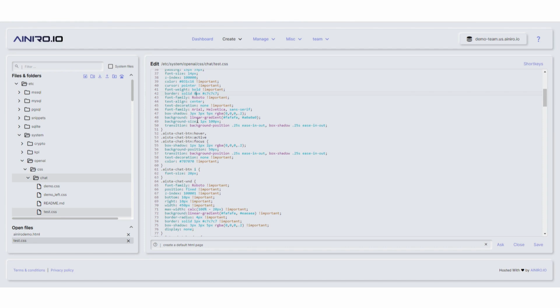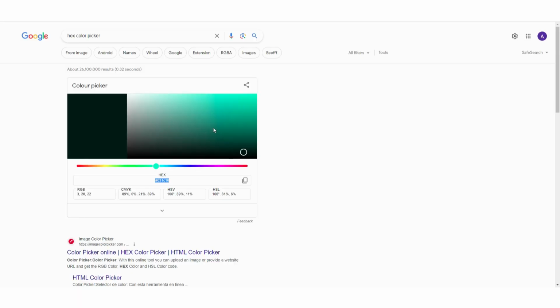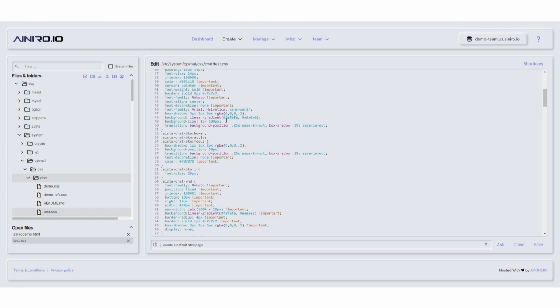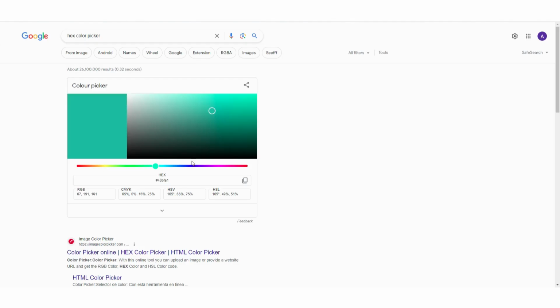Then what I want to do is change the background color. So let's say I like this color. So I'll do that here. And if I wanted a single color and not a gradient, I would paste that number in here as well. But I'm going to make a gradient today. So I'll do a lighter one here,